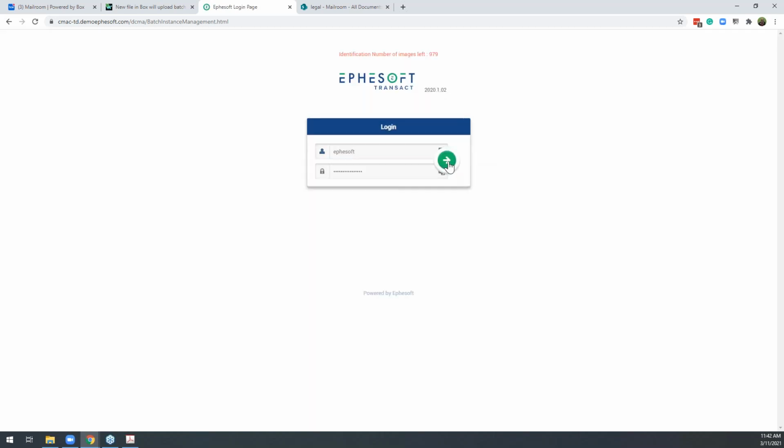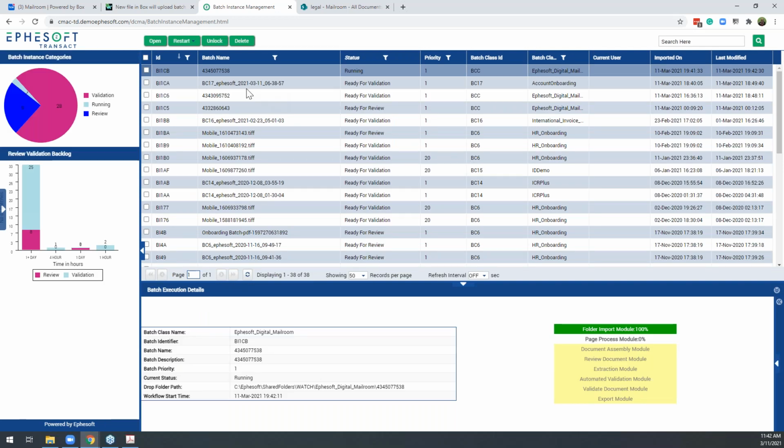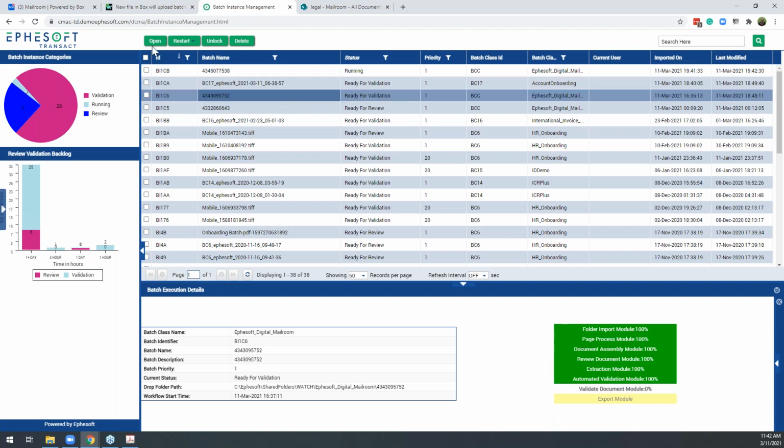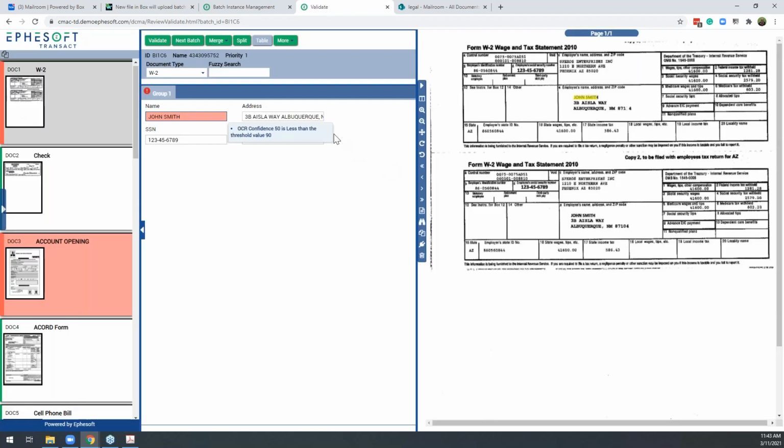Transact is a batch-oriented system, so you can think of that transaction as a batch-running level transaction, and you can see that job is started here inside Transact. So we have a complete validation, review and validation screen inside of Transact as well. I'm actually going to open up one of these packages so we can see what that looks like inside of Ephesoft.